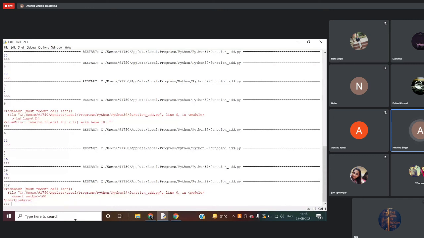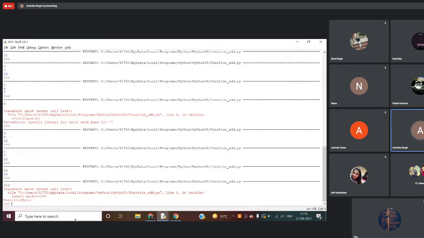In case the continue statement is encountered, it will go to the next iteration and perform the expressions.